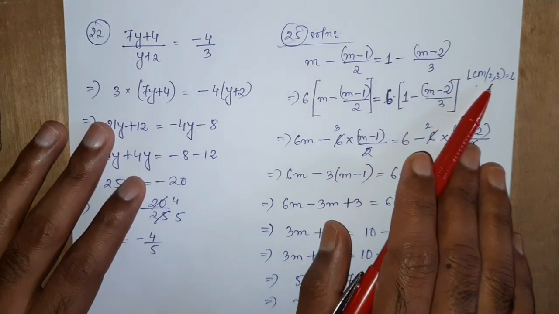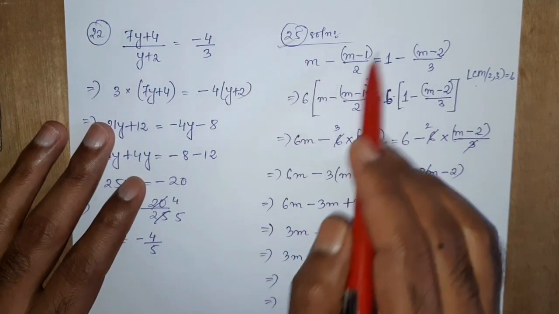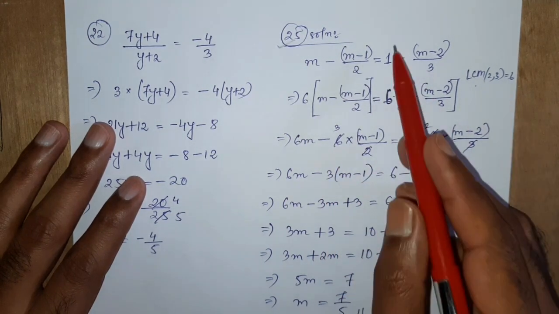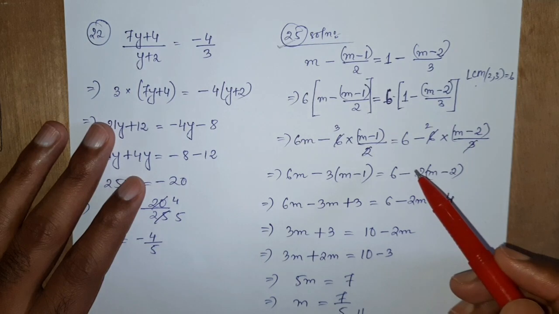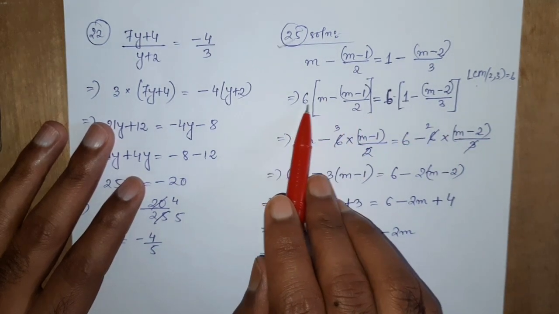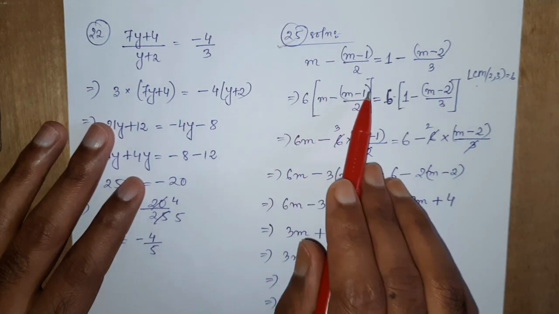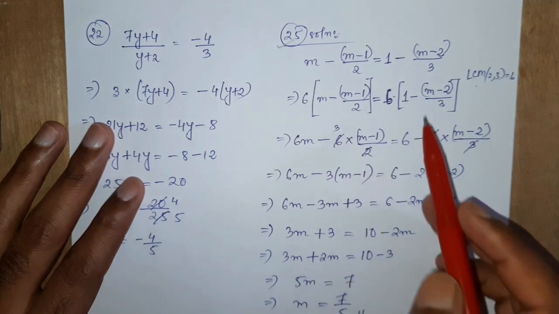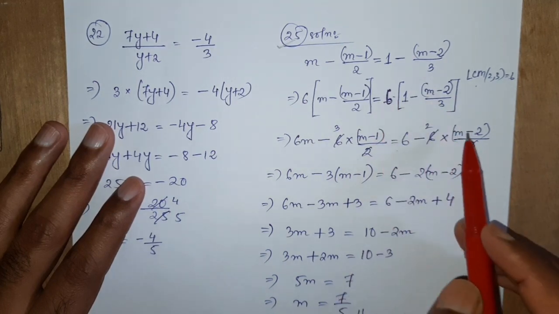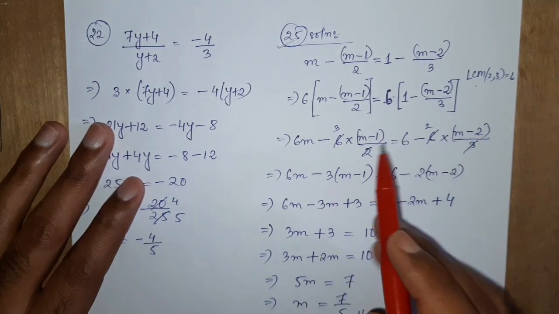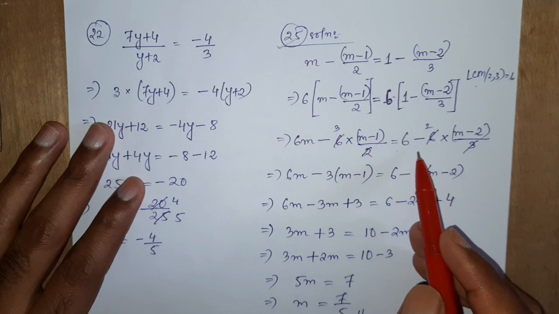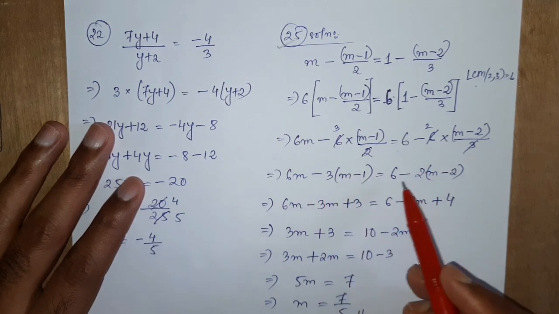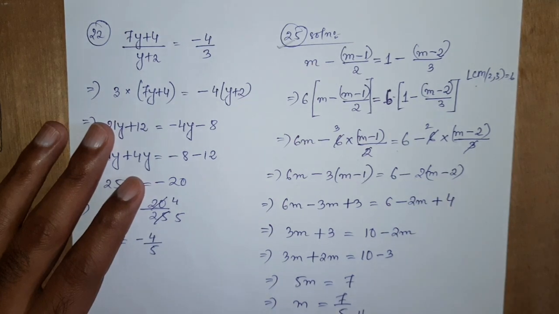So how do you multiply? When you multiply this 6, you will be multiplying with the whole, so the whole bracket, okay. Again this 6 you will multiply with the whole, so bracket, okay. So then you multiply 6 into m, 6m, 6 into (m minus 1) by 2, you will keep it in this form. 6 into 1 is 6, 6 into (m minus 2) by 3, then 2 3 6, 3 2 6, okay.